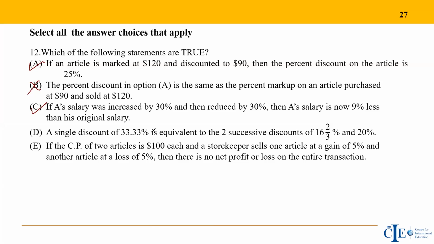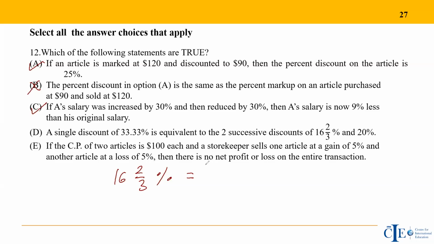A single discount of 33.33 is equivalent to two successive discounts of 16 2 by 3 and 20. Now this is again, you can do that from the formula. The only thing is here you have a decimal percentage value, 16 2 by 3, which is not an integer value. Okay, but now what you can do is 16 2 by 3% is equivalent to what fraction? Can you quickly tell me what fraction value is 16.66? Yeah, 50 by 3 would reduce again as a fraction, the standard fraction. This is still 50 by 3 in percent. Which fraction is equivalent to 16 2 by 3%?